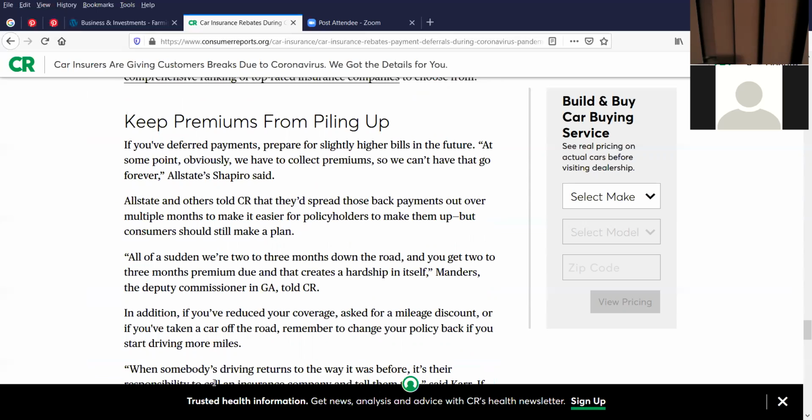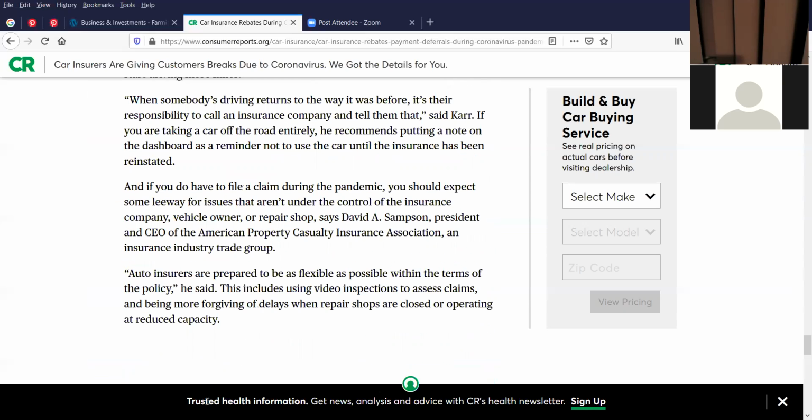At the bottom, if you notice, there's a link to trusted health information. You can get news, analysis, and advice with the Consumer Reports Health newsletter. You can